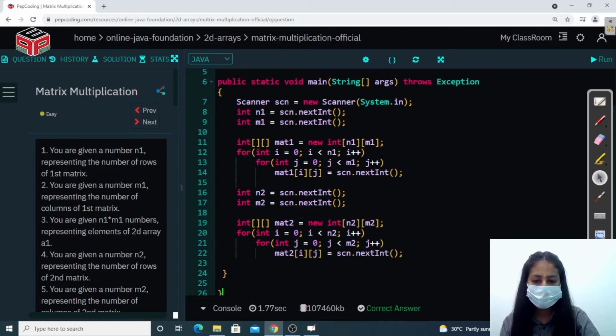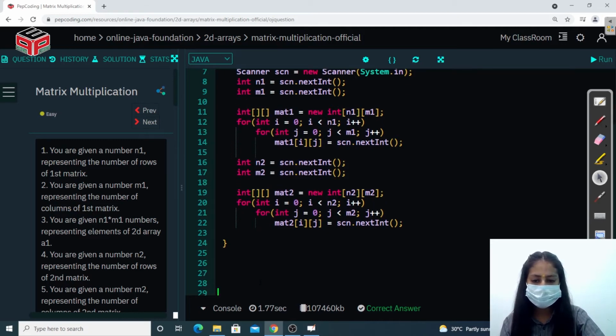Then we know that we can multiply two matrices only if the number of columns of the first matrix is the same as the number of rows of the second matrix. So let's check this out.